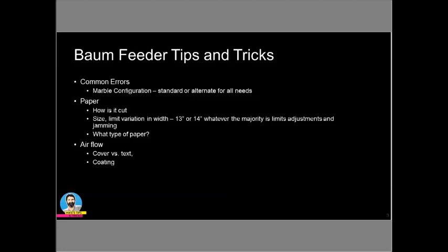You also want to make sure that you've, at least recently, if you are running longer sheets, especially perfected longer sheets, you want to make sure that you are on top of your cross-track alignment and your skew. Because if that's off on your 19-inch sheet, it's going to be really off on a 30-inch sheet. So if you are running perfected sheets that are greater than 26 inches, you may find that you are having some registration issues or some front to back or some skew issues. So those are some things to think about. So at this point, I guess really